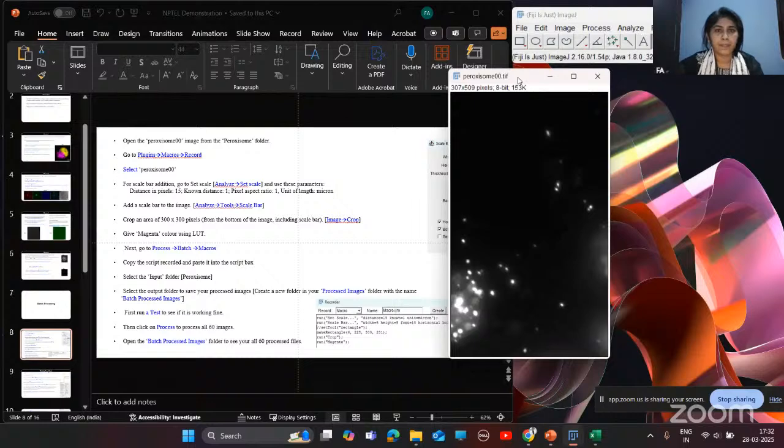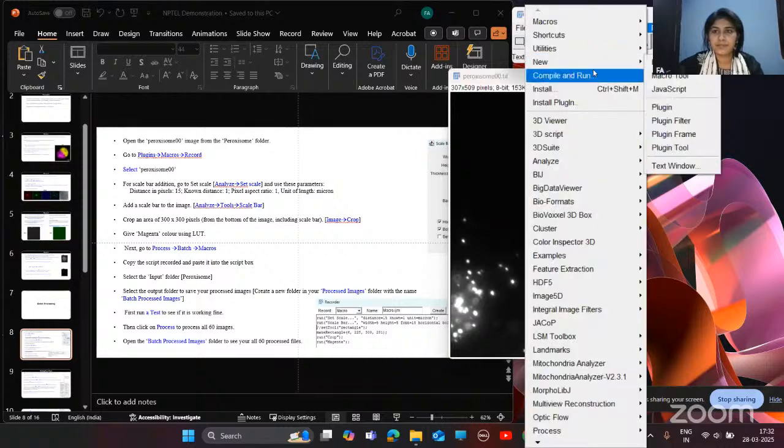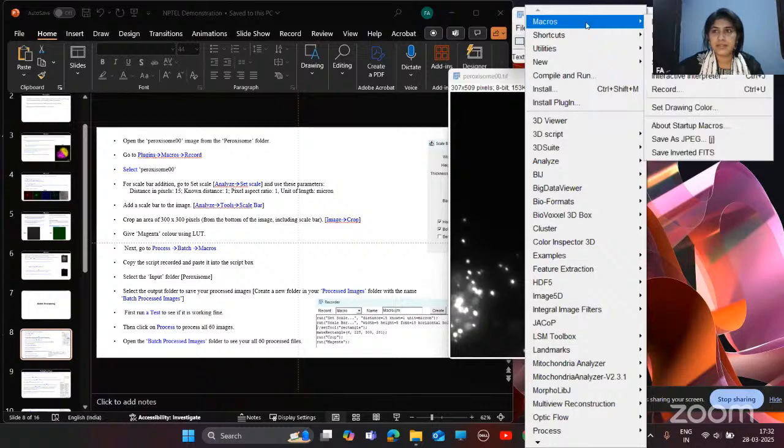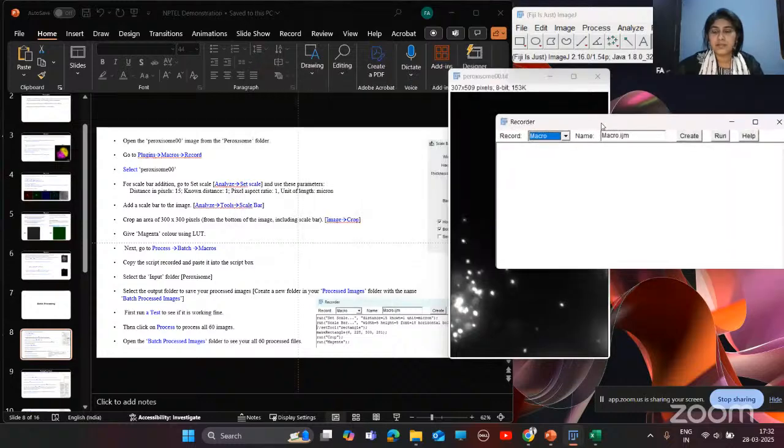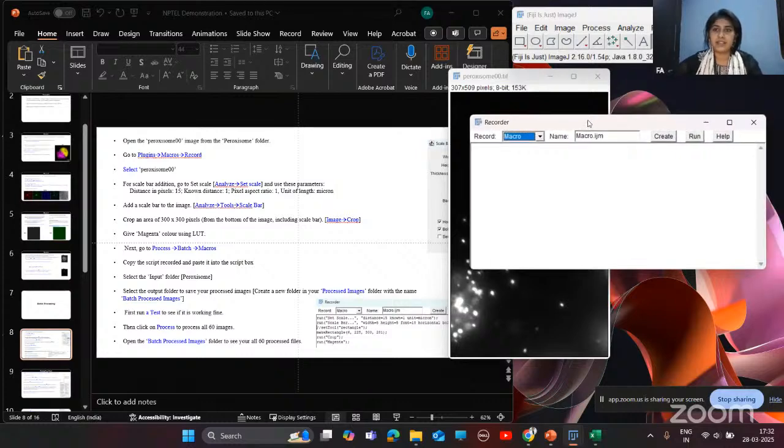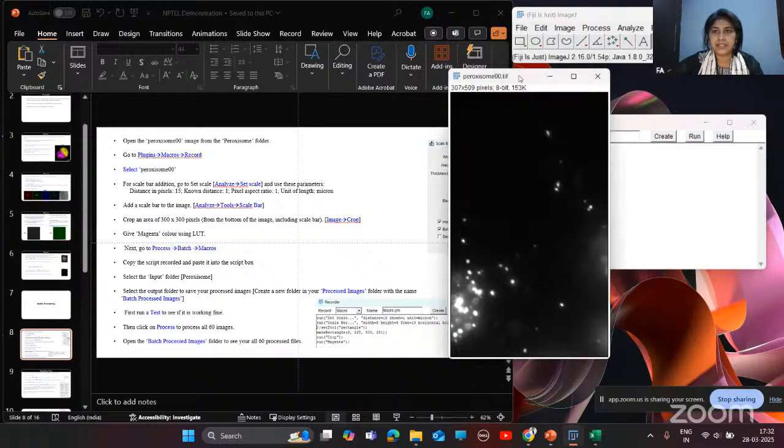After this, next step you need to do is go to Plugins, Macros, and Record. So previously you have learned how you can record these steps and you can implement them for further analysis.